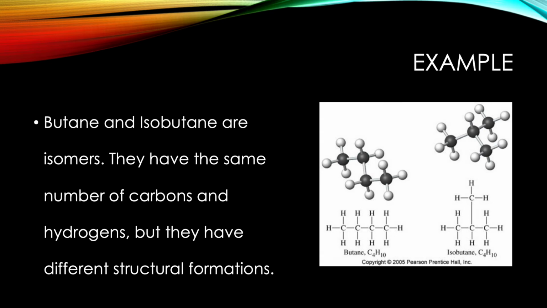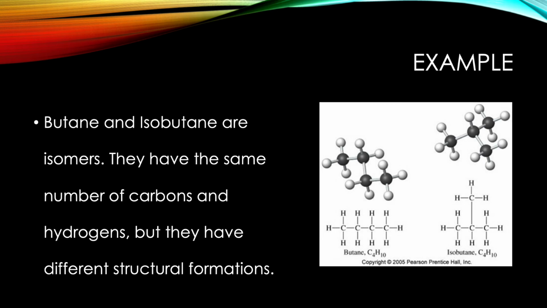Butane and isobutane are a simple example of isomers. They have the same number of carbons and hydrogens, but they have different structural formations. This makes them structural isomers. Referring to the image, we can see that butane has a chain structure, and isobutane has a chain and a group that branches off. The two molecules have different melting points, boiling points, and density, but are comprised of the